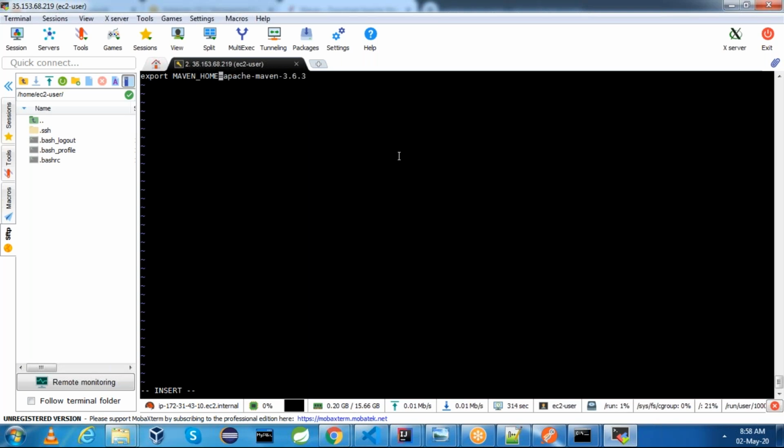Let us mention /opt/this one. And then you need to add this MAVEN_HOME to the path variable. Export PATH=$PATH:$MAVEN_HOME/bin.